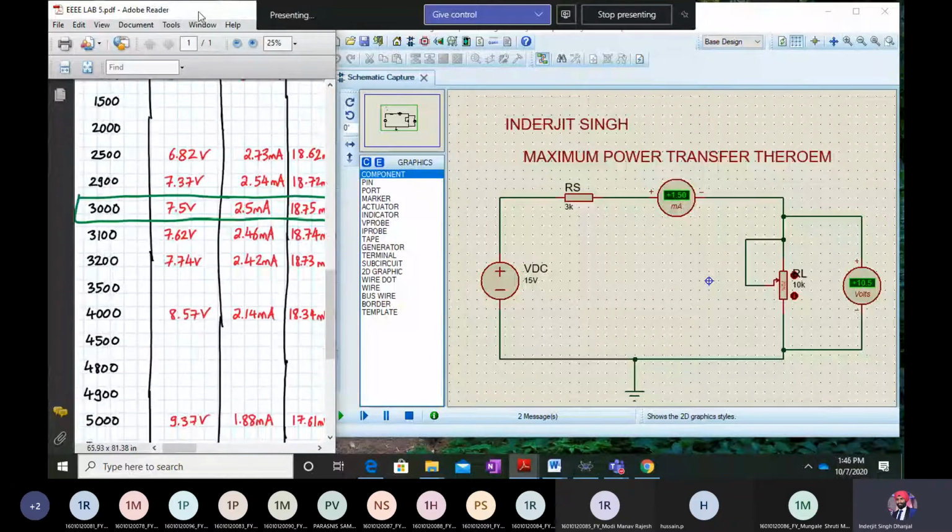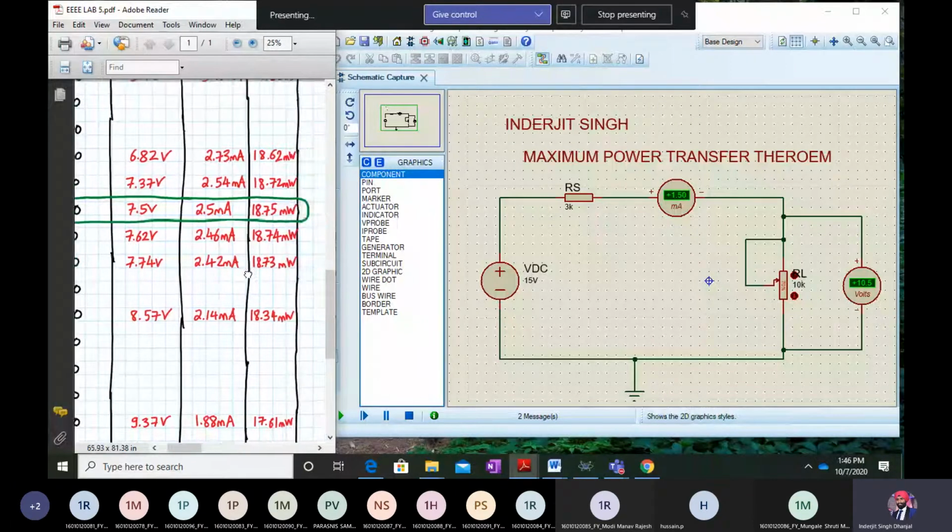Fine. You can take your judgment call in taking which 10 readings, but don't take continuous readings. You leave a gap of around, let's say, 500 ohms or 1000 ohms and take those 10 readings. But don't take 0, 1000, 2000, 3000 this way. So you need to smartly capture the print screen images whose plot you will be plotting very easily. Okay, fine. Are there any doubts on what to do in this experiment?